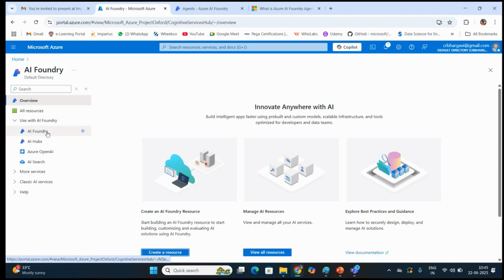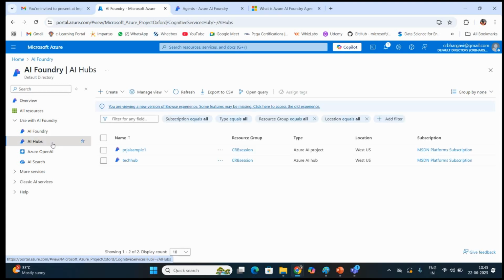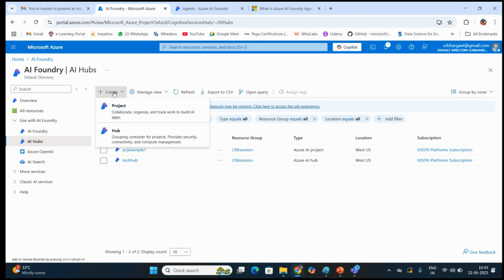As part of the Foundry, we have now created a resource, and the second step would be the AI Hub, wherein you can either create a project or create a hub for your data.